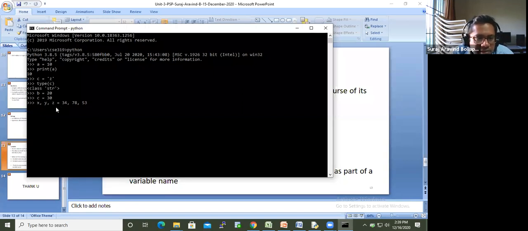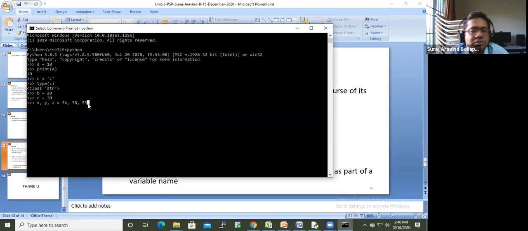Now if we write like this, there are two possibilities: x, y, z can be assigned 34, 78, 53 in order. The other possibility, reverse: z may be assigned 34, y may be assigned 78, x may be assigned 53. Either way.